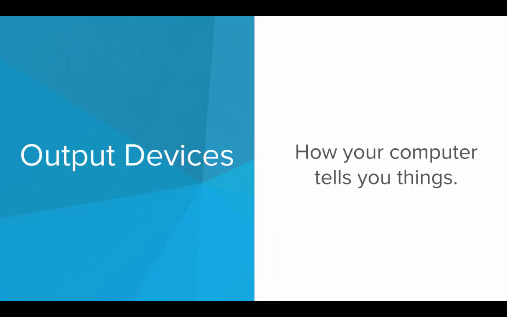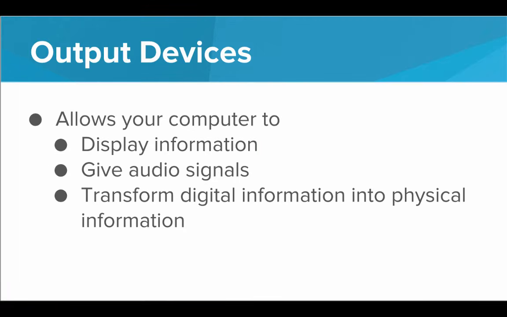Now, what are output devices? Well, output devices are how your computer tells you things. Output devices allow your computer to get information from inside the computer out into the outside world. So output devices allow your computer to display information, give audio signals like music, and really, in general, output devices transform the digital information stored inside your computer into physical information that you can actually understand and interact with, things